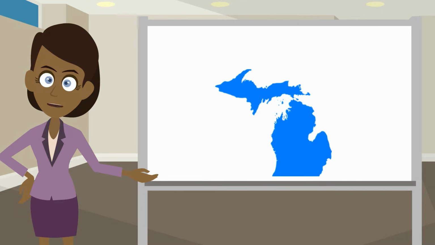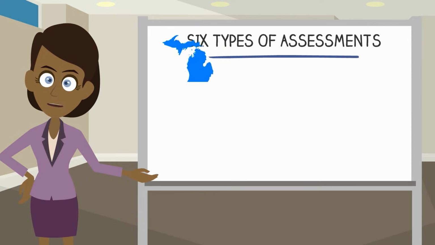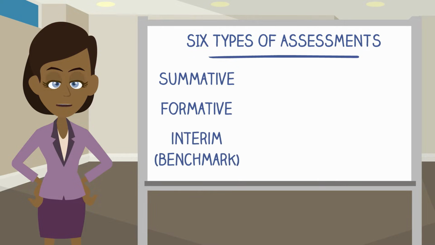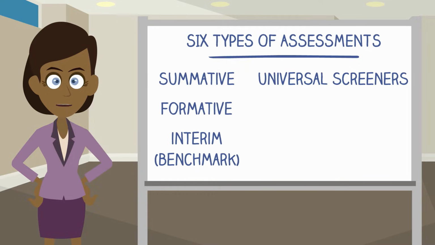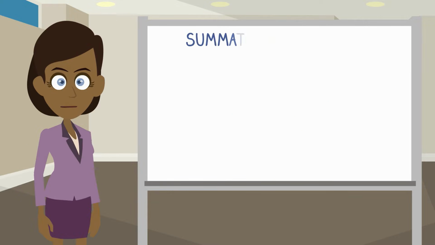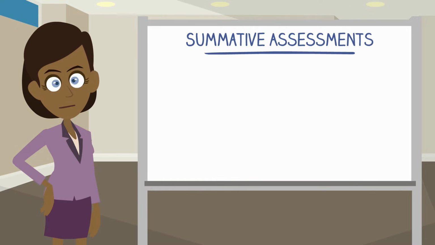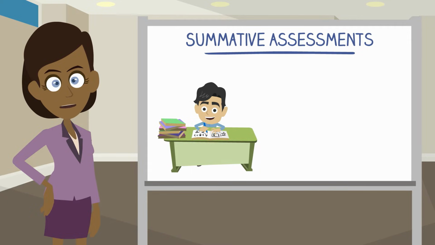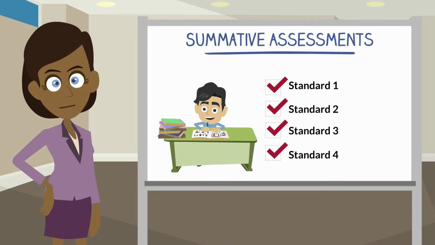Michigan educators understand that there are many forms of assessments. Six types are often identified and used by Michigan educators: summative, formative, interim or benchmark, universal screeners, diagnostic, and progress monitoring. A summative assessment is an assessment of learning and provides a snapshot of what a student knows at a particular point in time. Summative assessments gauge student performance against a defined set of content standards and assign a grade